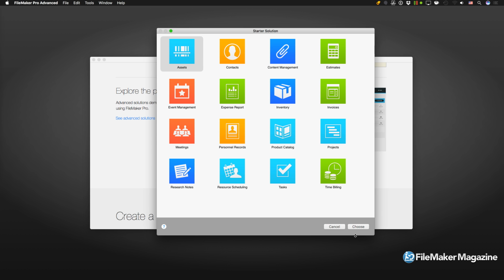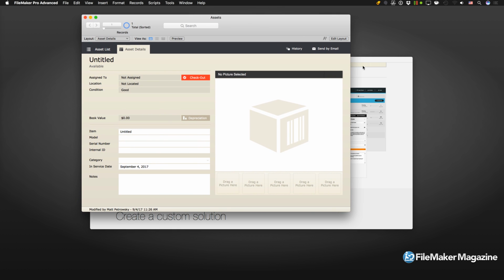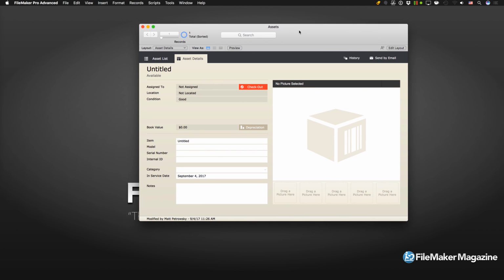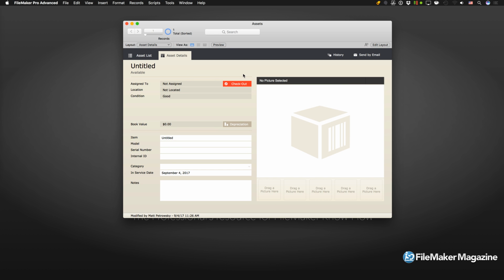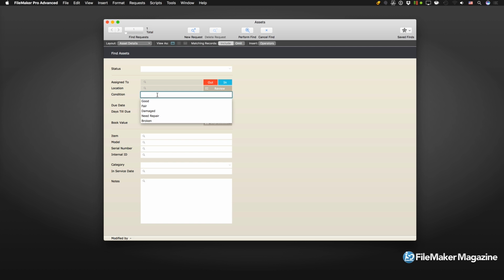I'm just going to pick assets here and click to choose that one. It'll ask me where to put that. I'm going to go to my desktop and save that assets. You can follow along. I'm probably not wrong that you've already worked with or opened a FileMaker database. You know that you can look in here and find out all kinds of things, and they're designed different ways. But when I say that FileMaker is nothing more than an automation system for its menus, this is what I'm talking about. If I want to find all assets that are good assets,